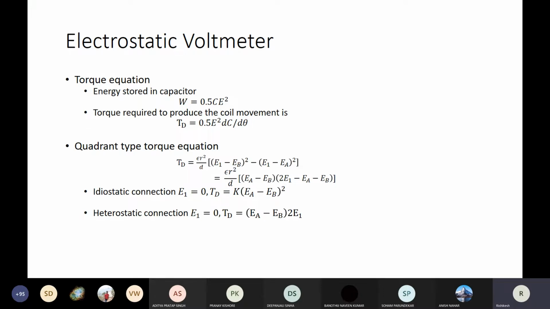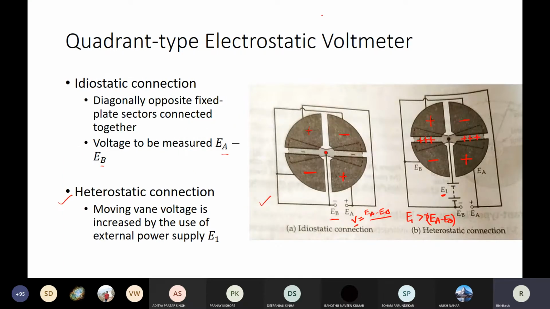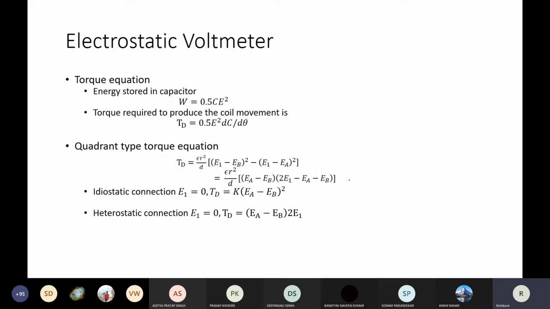So let me draw the diagram and then probably explain the derivation associated with the voltage measurement using an electrostatic voltmeter. So since, as you can see here, these connections, if I look at this portion and this portion, they are symmetric, isn't it? They are symmetric. So if we analyze only one portion of that, so let's say this is one sector, this is the other sector,